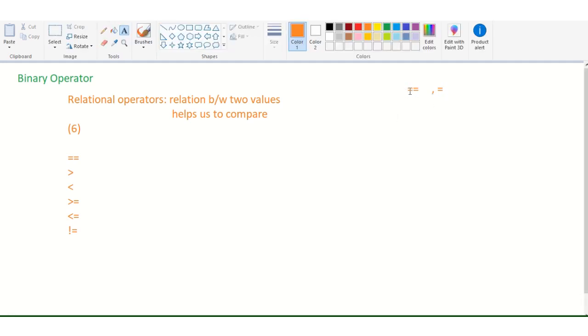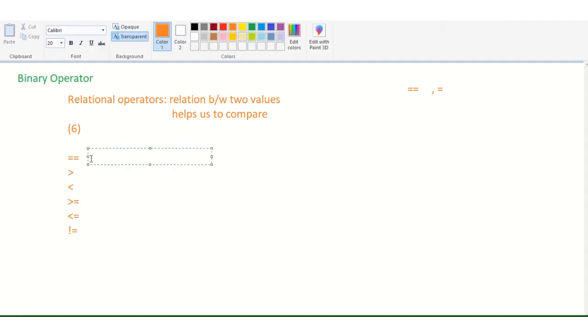Just remember this thing. The equal to operator helps us compare two things, and the assignment operator helps us assign the right side to the left side, right? Clear?